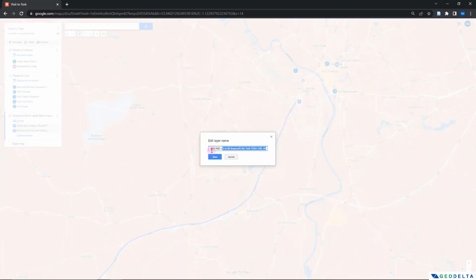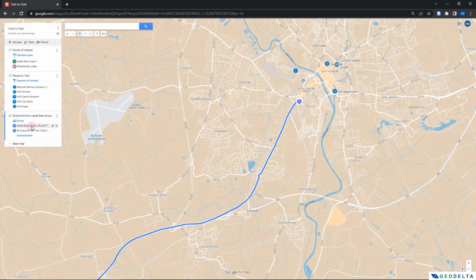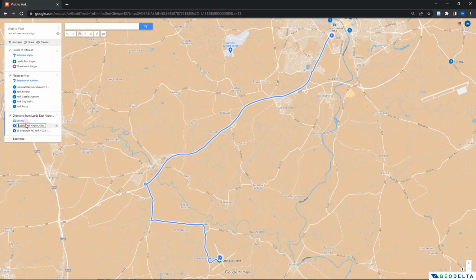So I'm just going to get rid of this very descriptive heading and put a title saying directions from Leeds East Airport to Wheatlands Lodge. And the starting point would be Leeds East Airport. Again, if you want to edit the name and get rid of this other stuff, you can just delete it like this. And similarly, for the point B, I'm going to enter the name